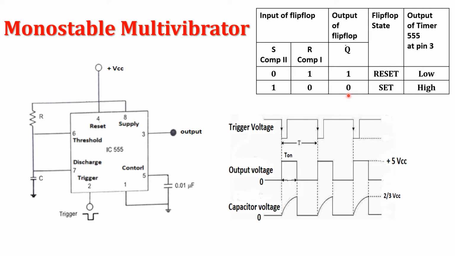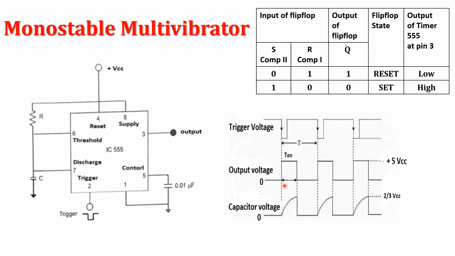If the output of the flip-flop is 0, then the discharge transistor is turned off and the output of the timer becomes high, since the output of the flip-flop is inverted. At this condition, we know the output of the timer becomes high here. At this condition, what happens? The capacitor gets